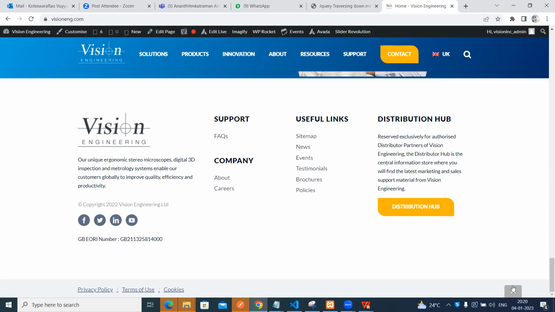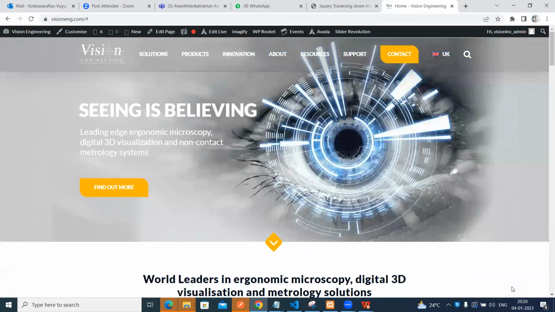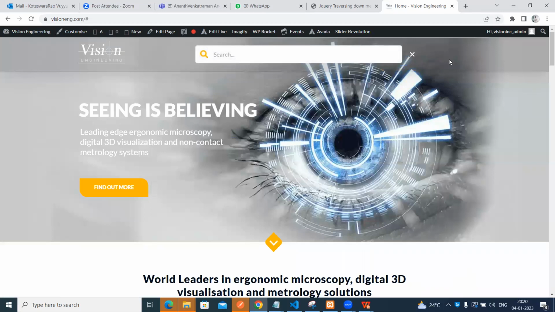Suppose you see this one: when I click on it, it goes to the top. For this one also we can include another jQuery if we want it to work. These are all different methods, different modules. We can combine all these modules. At that time we cannot check each and every module and what the version of each is. It will take a lot of time. So at that time we may get